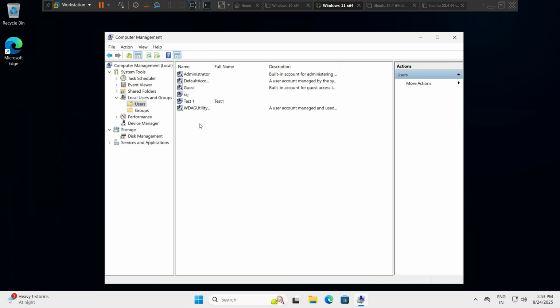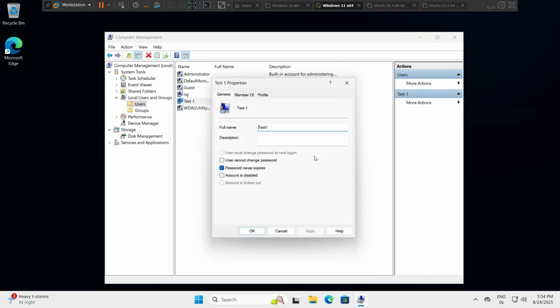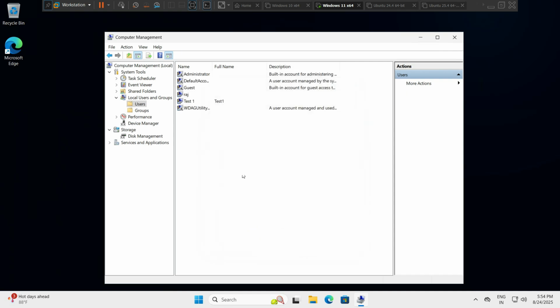Here we have lots of users. We talk about the test user. Okay, so how can I restrict him? Okay, so just right click on it and go to properties. Okay, and here you can see the option user cannot change password. Okay, this option. So check this option, apply and okay, and now the user will not be able to change